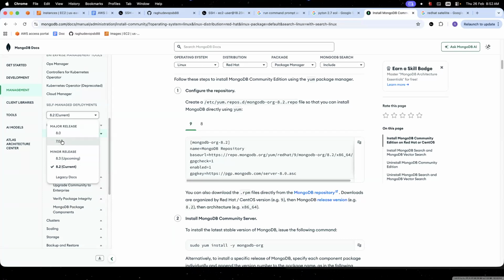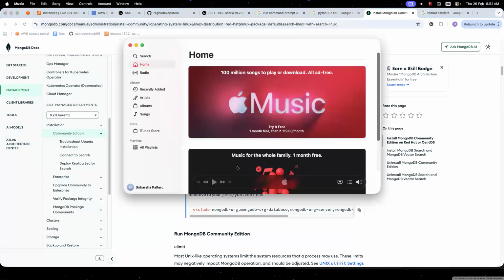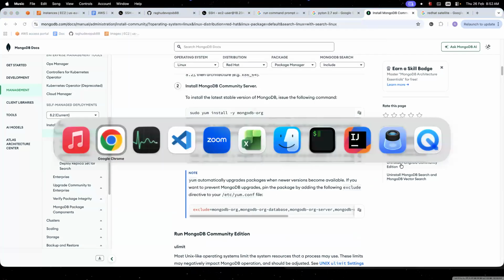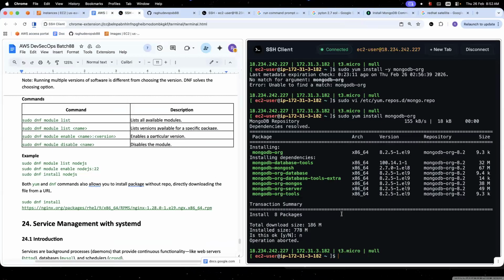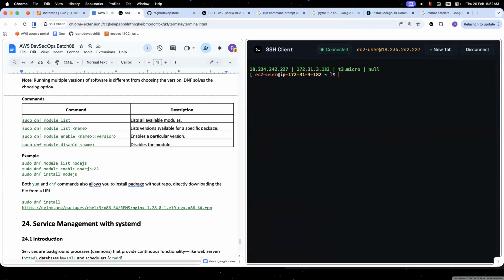So that means what I have to do? I have to support both the versions, right? Some customers may use 7.0, some customers may use 8.0, so I need to support both. Now, if I am trying to install a single package, yum repositories having a single version is always difficult. So that is where modules were introduced. If you go into the modules, dnf module list, if I give,